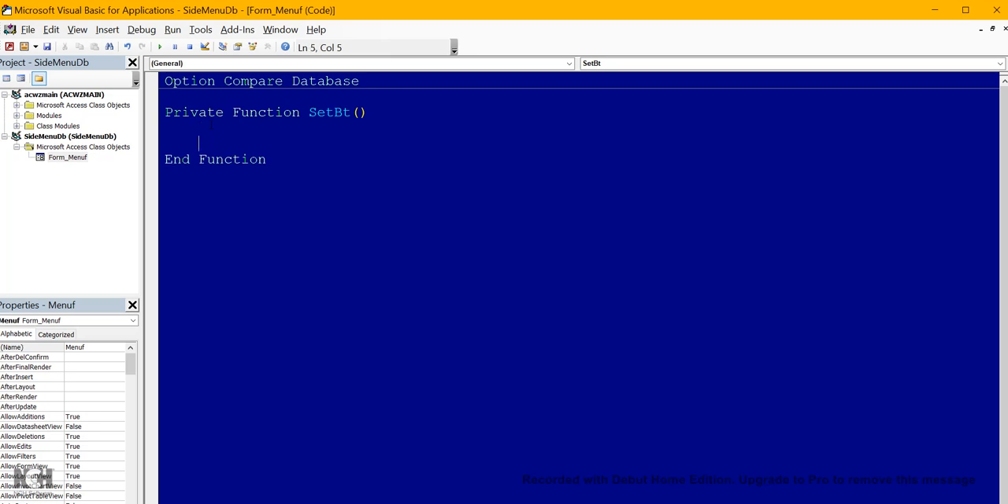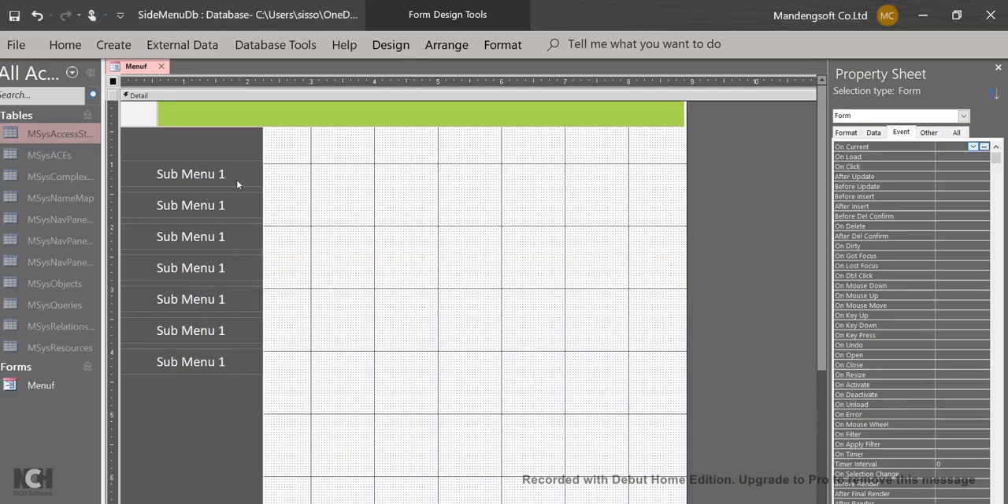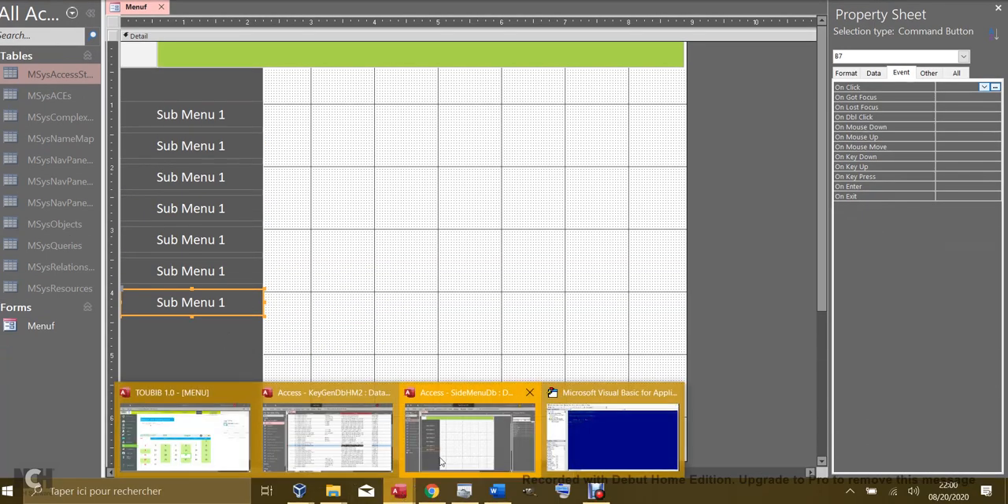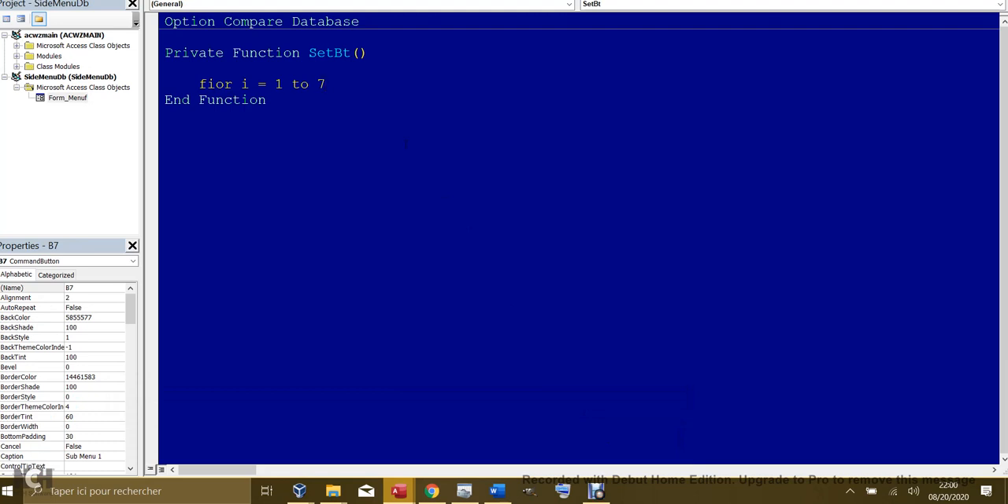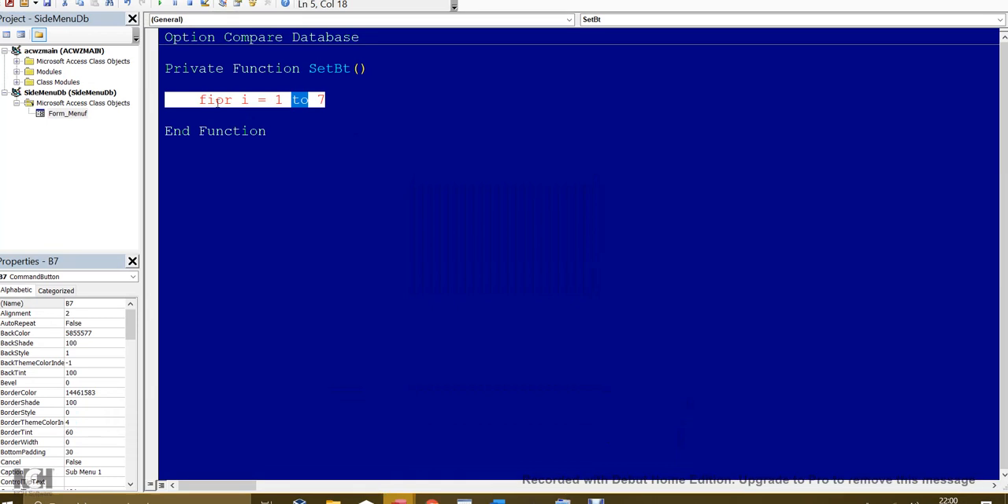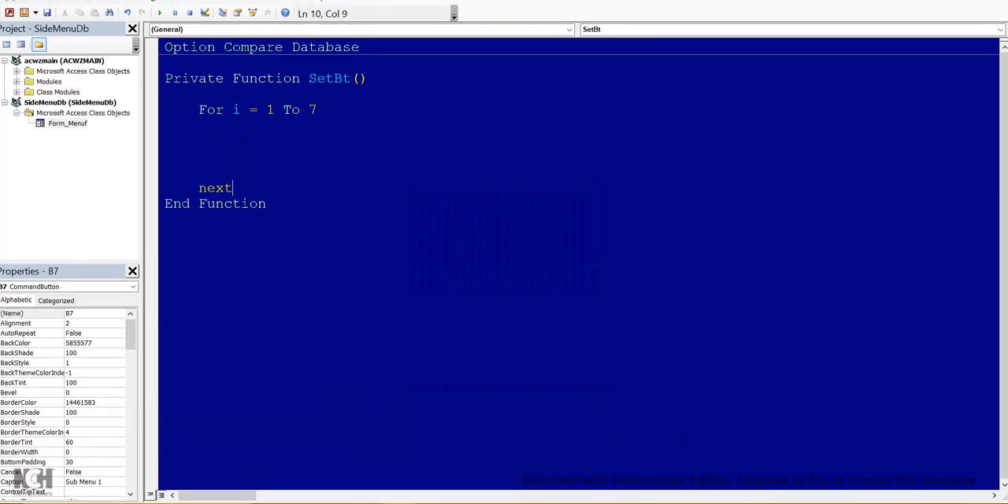Then we go to the middle here. We say for I, the first one, for I is equal to 1 to 7. We have 7 buttons, I think. 1, 2, 3, 4, 5, 6, 7. Okay, 7 buttons. For I is 1 to 7. Next, then we put here